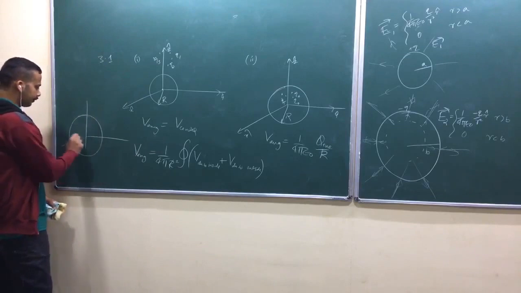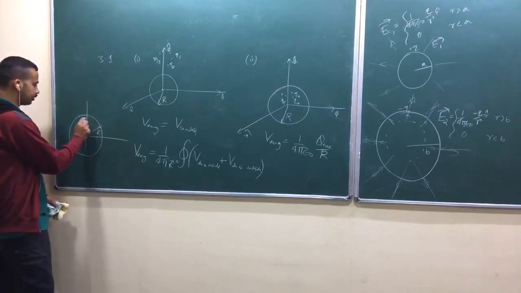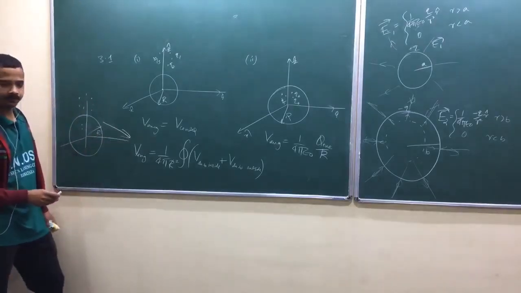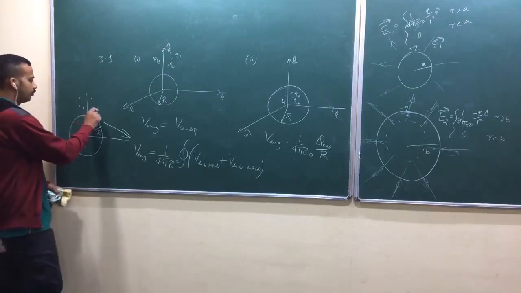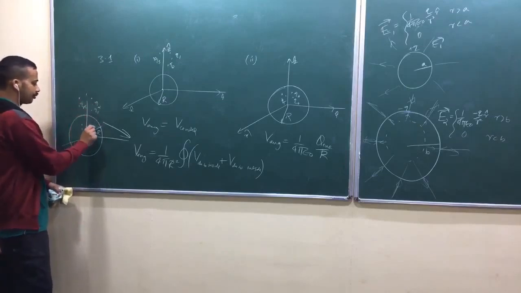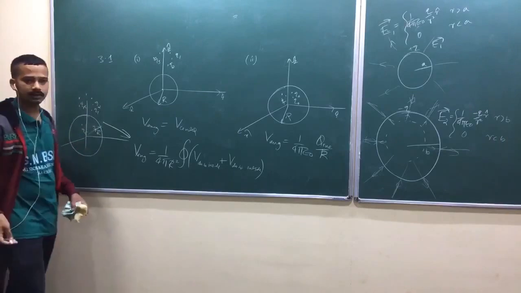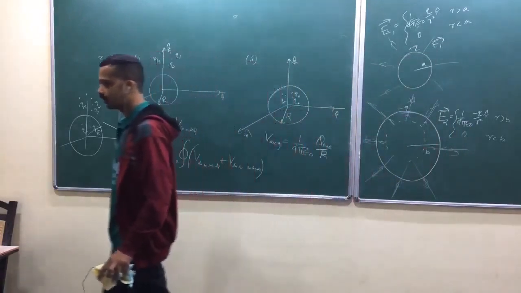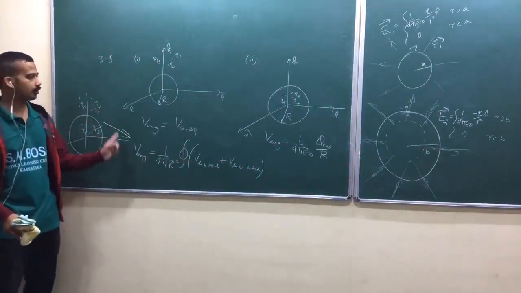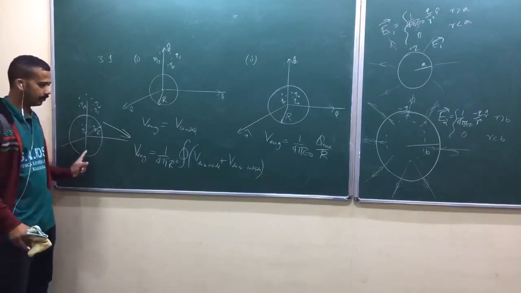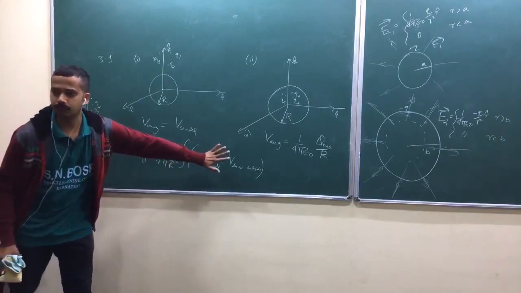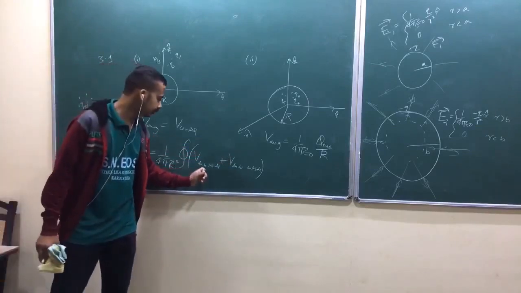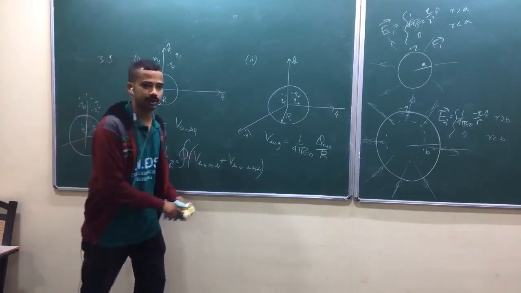I am finding the average potential. Now let me draw my configuration like this. Okay, I have a radius r here. I have some charges inside. I have some charges outside. Then can I just draw like that? There, okay. Q1, Q2, Q3, suppose Q4, Q5, Q6 like that. Am I right? Now I have some charges inside, some charges outside. In that situation, what do I do? I need the average potential over the spherical surface. Okay? So then, while doing that one, I have to take the total potential due to all charges, isn't it? So while taking the total potential, I am going to take potential due to inside plus potential due to outside, dA.